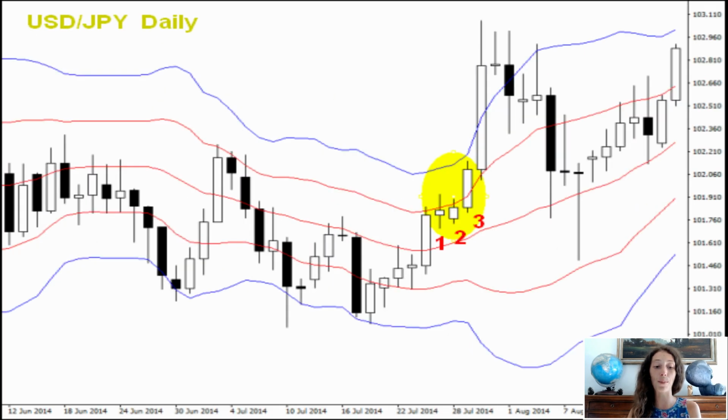Here is an example on the daily USD JPY. In this chart, it seems that the price of candlestick bar 3 closes above the curve of the upper band of the BB indicator whose deviation is 1, red, and the prices of the two previous bars, candlestick 1 and 2, close under the upper band curve of the BB indicator. If this condition occurs, it is possible to open long positions at the closing price of candlestick bar 3.